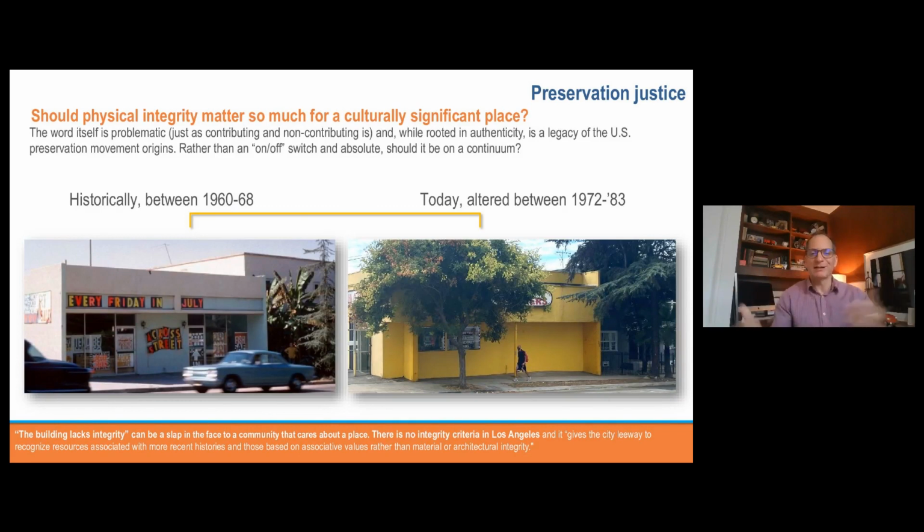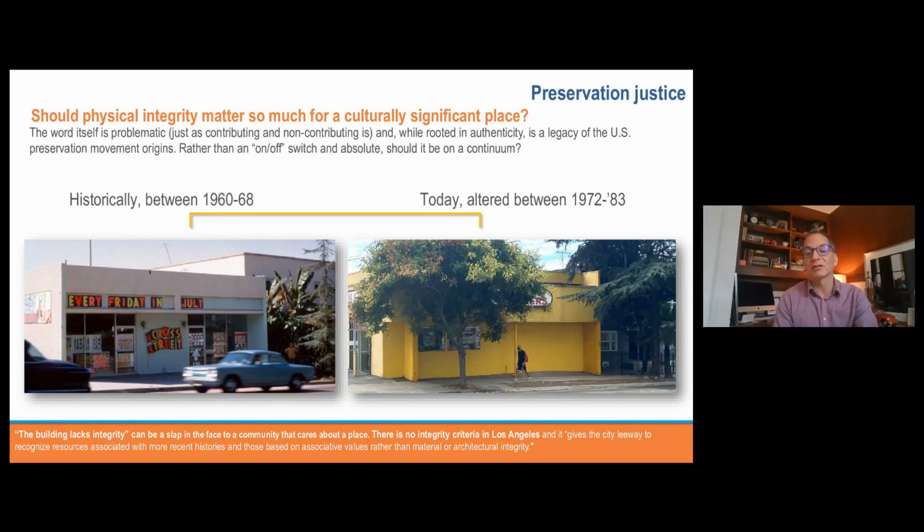We have had lots of conversations about integrity criteria and how this is addressed, but we have yet, I would say, across the country, to figure out how best to address this so that places that are culturally significant have a way to be designated and find their way into the local preservation program within our communities across the country.